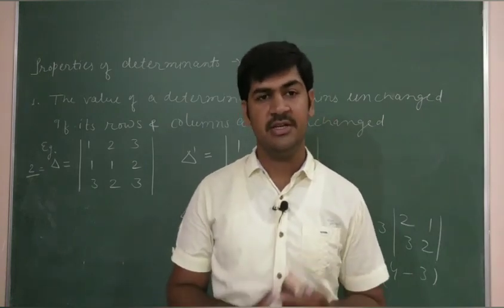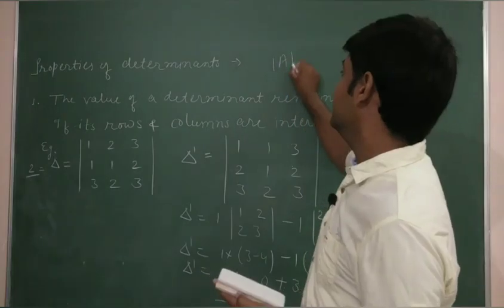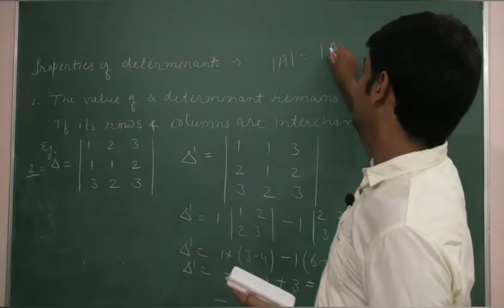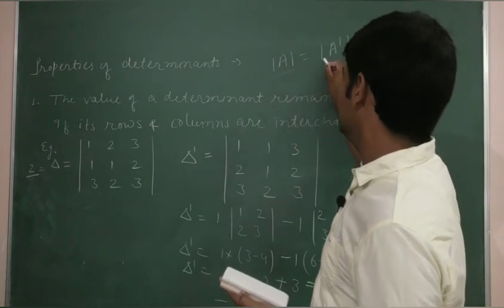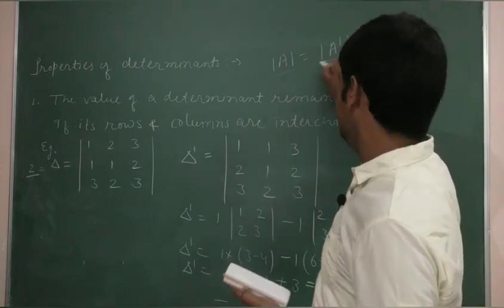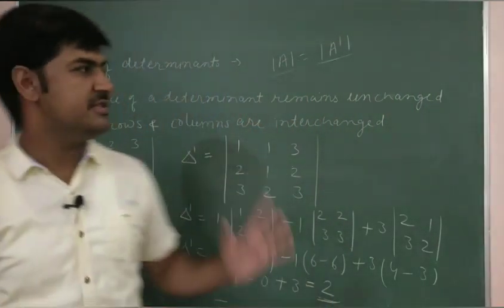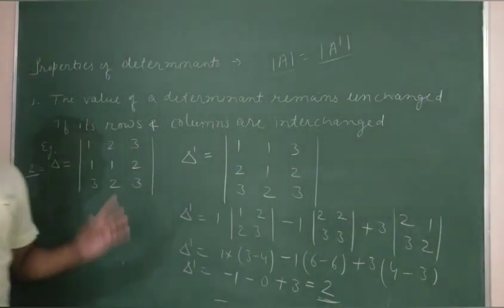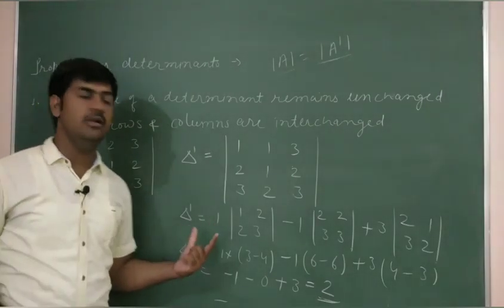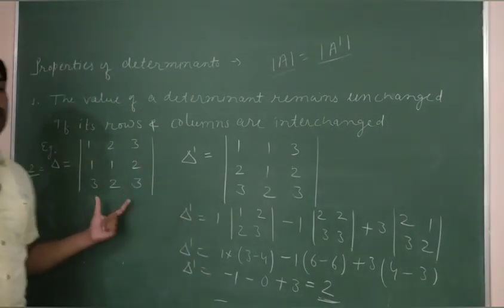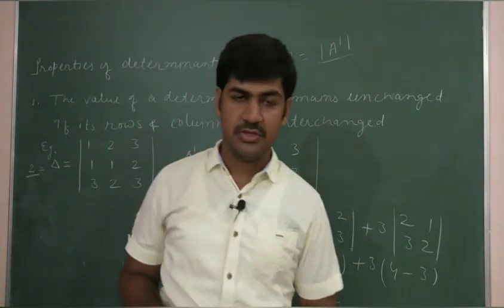That is, the value of determinant of A is equal to the value of determinant of A dash, or you can write the determinant of A is equal to the determinant of the transpose of A. You have to keep in your mind, this is the first property of determinants, and we have verified this property by taking an example of a determinant of order 3. I am sure you have understood. We'll be taking the rest of the properties